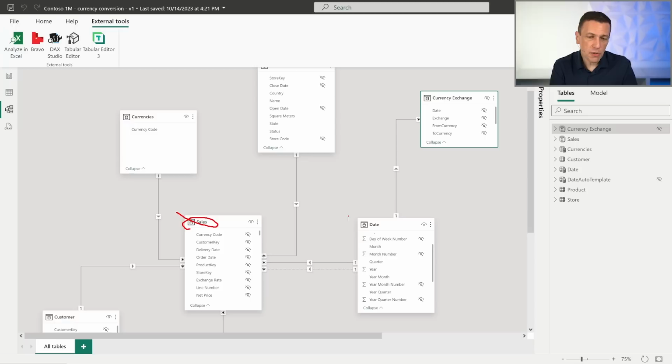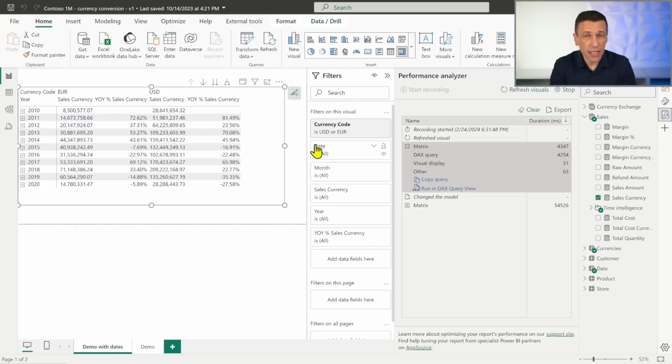When I filter sales here, sales actually includes, with the context transition, date, currencies, everything. So when I have sales, I have one row which includes all the columns of all the tables in a many-to-one relationship, so including also date. But I don't need all these columns. I need only date in order to propagate the filter to currency exchange. So what I'm going to do is